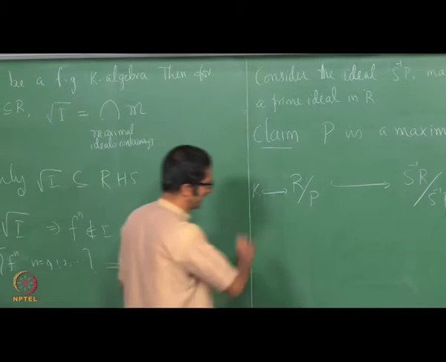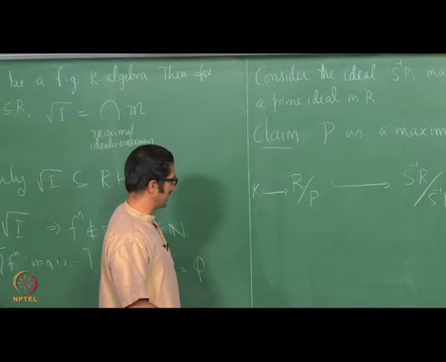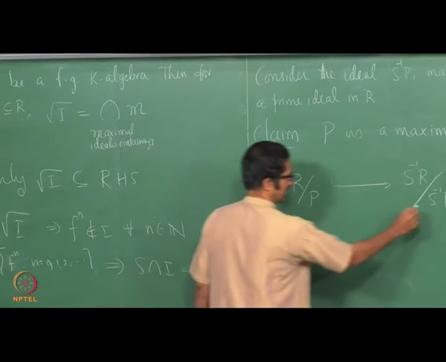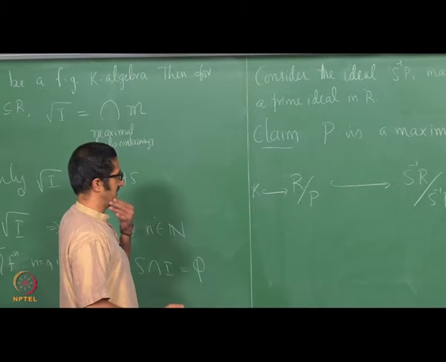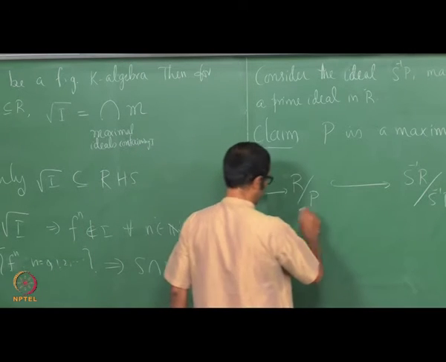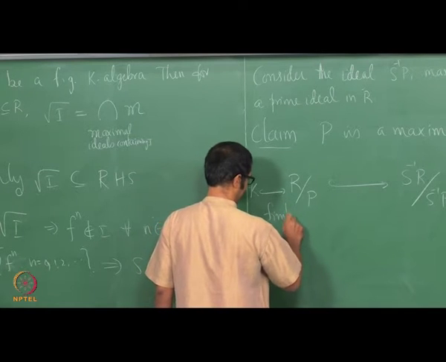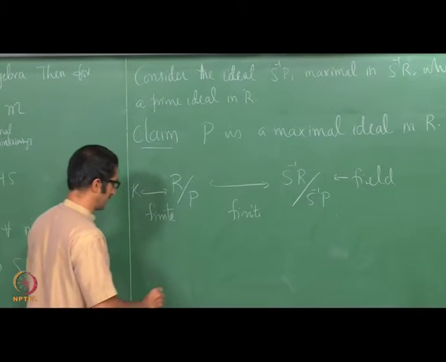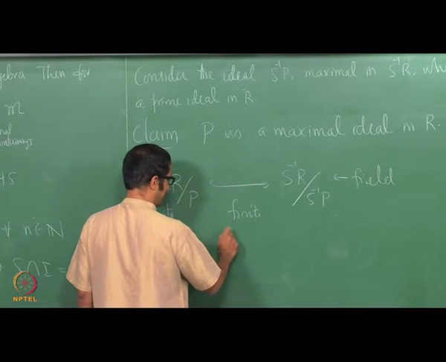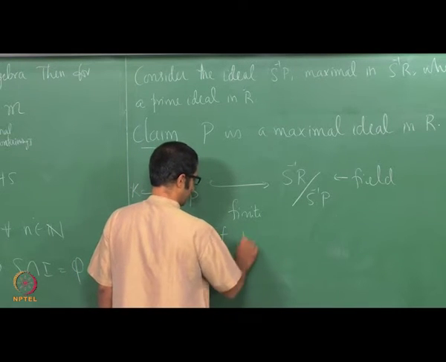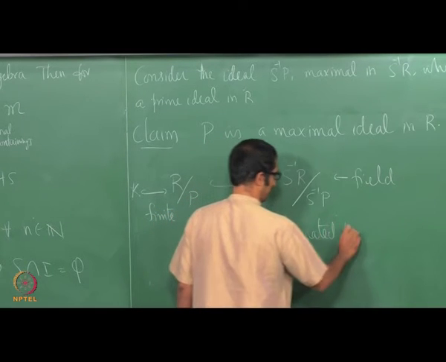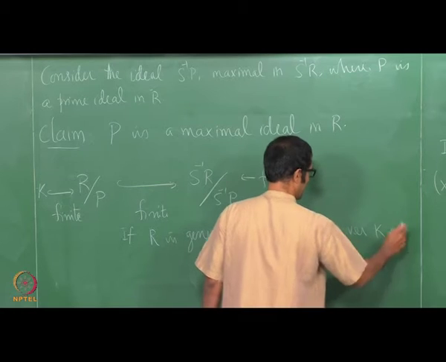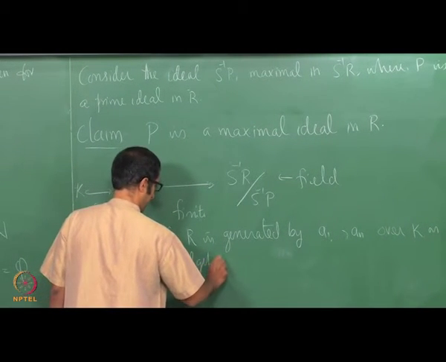See, again, the trick goes back to the finite field extension. So, this extension is finite. Now this extension is also finite. Why is this finite? If I look at the generators of R, if R is generated by A1 up to An over K as a K algebra,